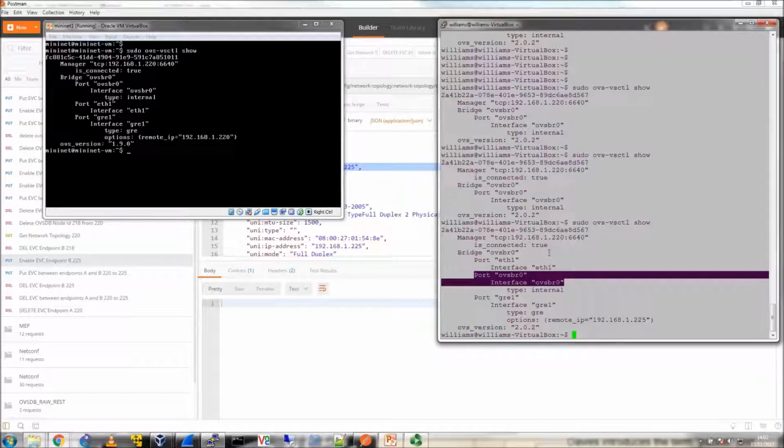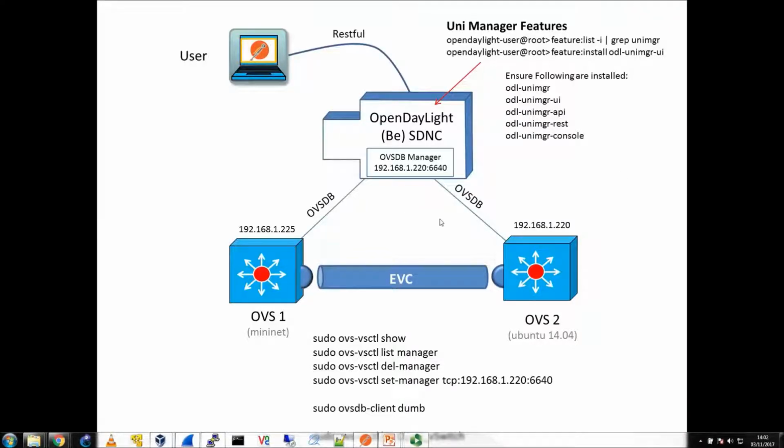I can obviously come back and play with this a little bit more, setting up different parameters against that. And if we refer back to the diagram, we've got this EVC link, EVC number 1, now in play between OVS bridges 1 and 2, between those two endpoints. But before you really get going, on Open Daylight we needed to make matters correct by installing the